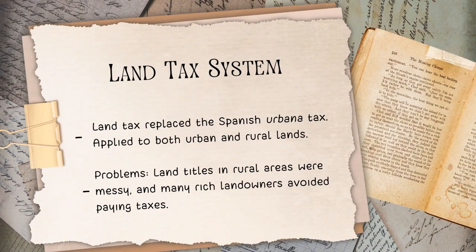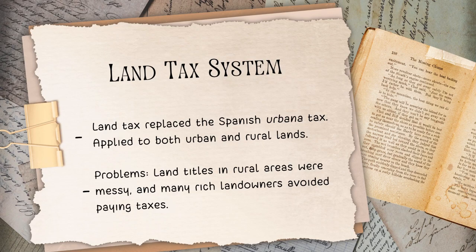Now, one of the earliest measures was the introduction of the land tax, replacing the Spanish urbana tax. This tax applied to both urban and rural properties. However, rural and land titling was highly disorganized, with political and familial influences skewing land value appraisals. This led to widespread tax evasion, particularly among the landed elites who resisted the imposition of taxes on their agricultural